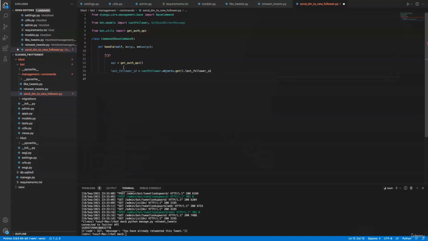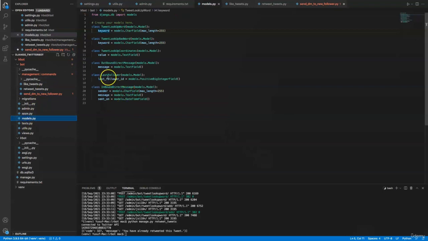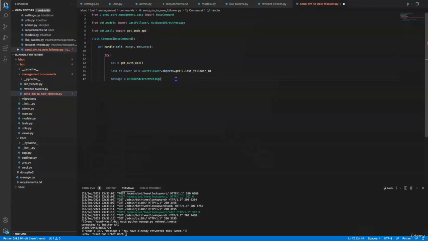Then I'm going to retrieve the welcome message from the database, and that's from the outbound direct message table. This is the table when you go to models, OutboundDirectMessage, okay? This table here, this model. So OutboundDirectMessage.objects.get message,